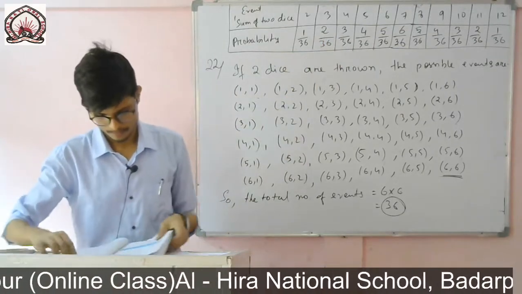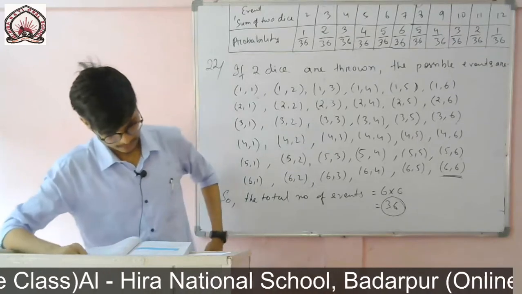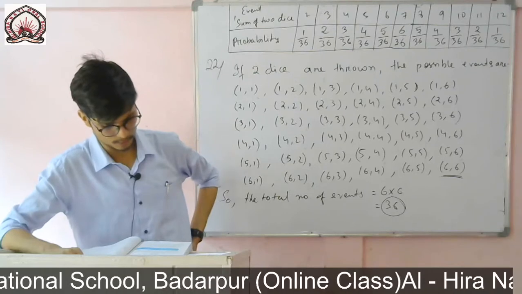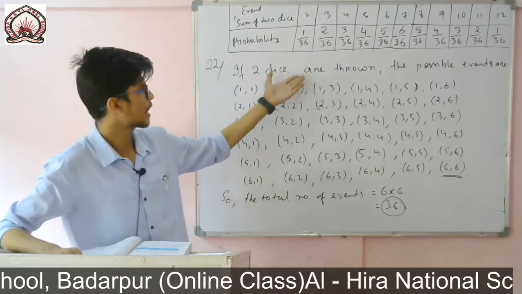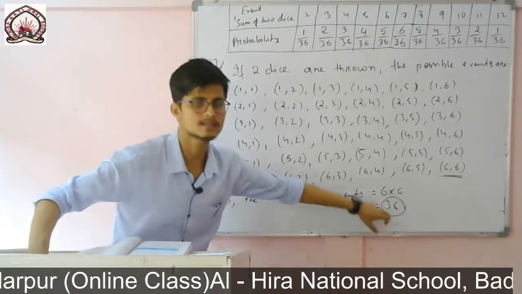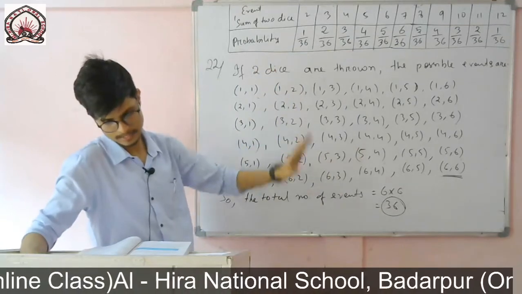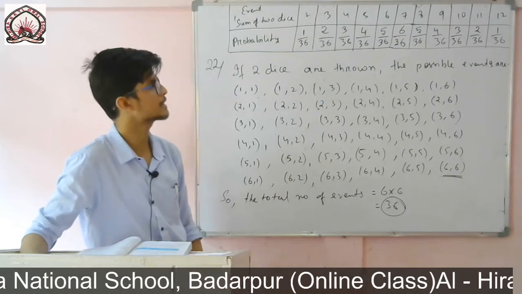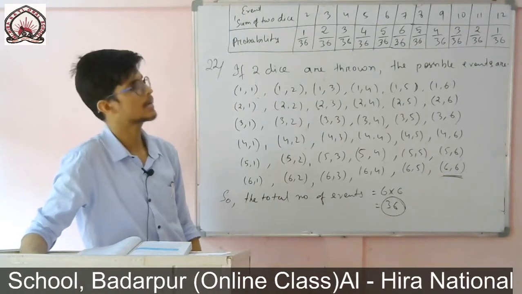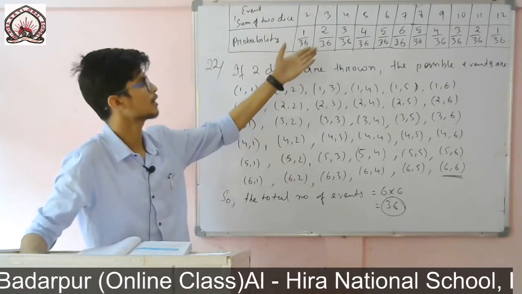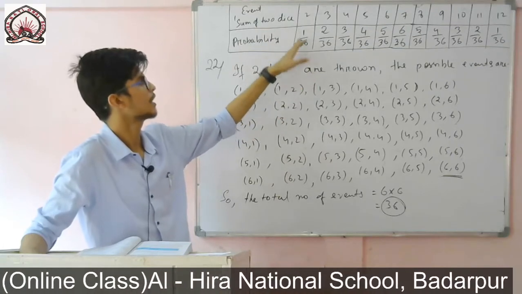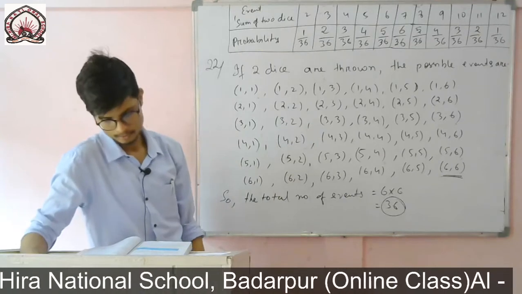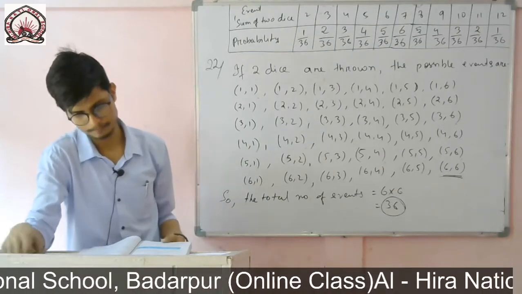Okay, now question number 22, Roman number 2. A student argues that there are 11 possible outcomes. No, how many outcomes are there? You see, 36. So we can say that this one is incorrect. And therefore each of them has the probability 1 by 11, and they are equally likely. So no, the probability is not 1 by 11 in each and every case. You see, 1 by 36. All are different from one another. So these are not equally likely either.